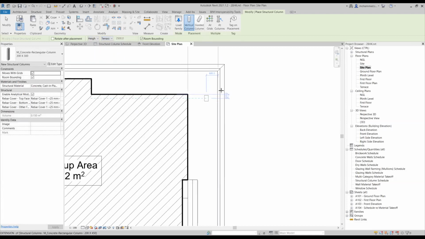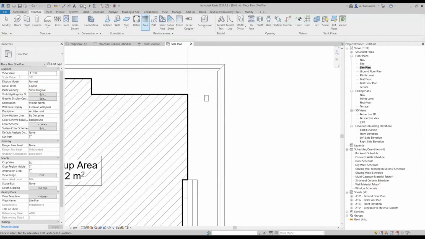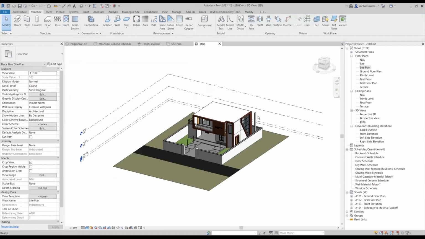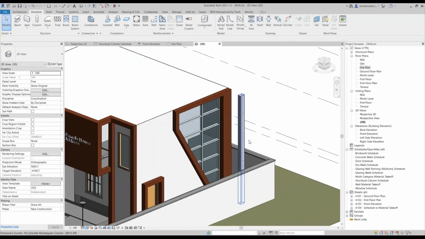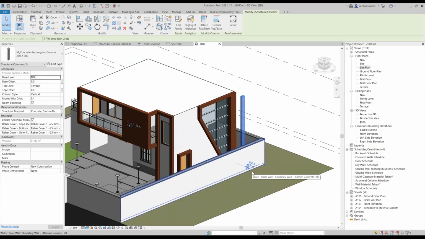So this is one of the highest columns I have. What I did earlier was create columns floor-wise, but in this case, I've created a column which is starting from the lowest level and going up to the topmost level. So the length of the column will automatically update.